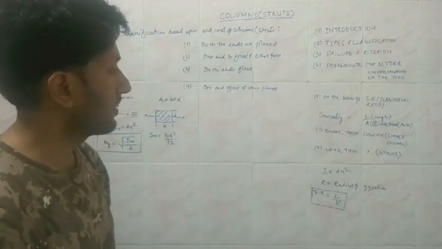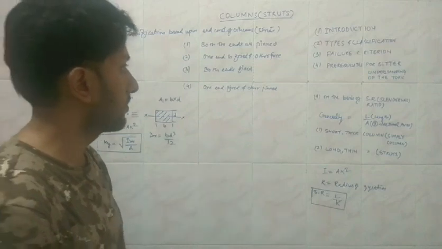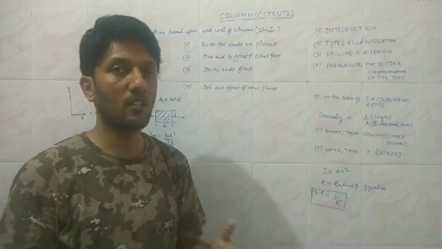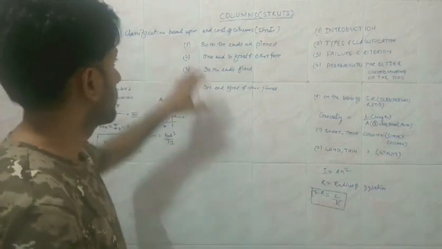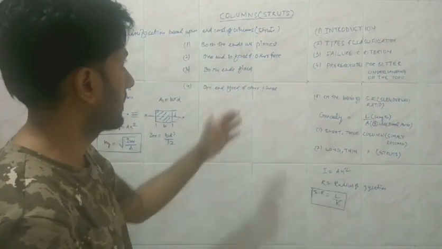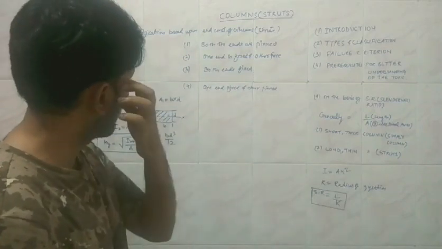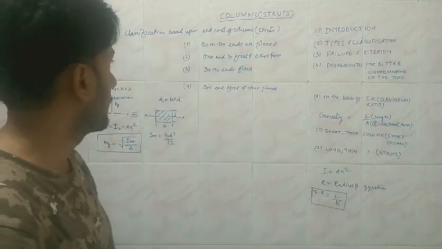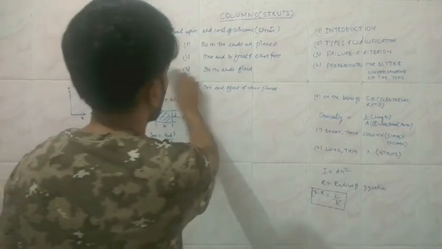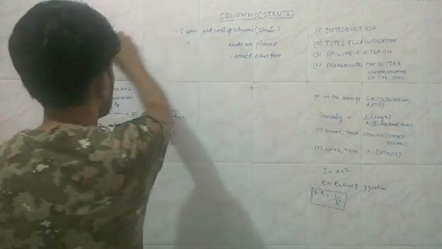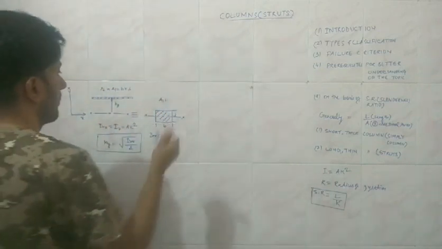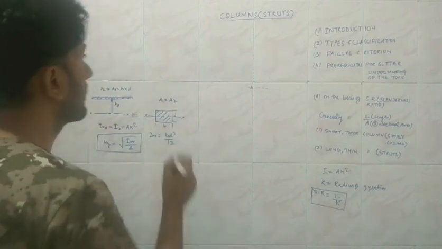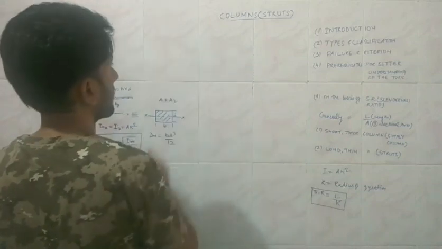That is the combined effect of the direct loading and the bending. Bending is the consequence of direct loading. So these are the four types of columns, or specifically struts, that we are going to discuss in order to identify the limiting value of the stress or the limiting value of the load before failure. Another topic we are going to cover is the failure criteria.